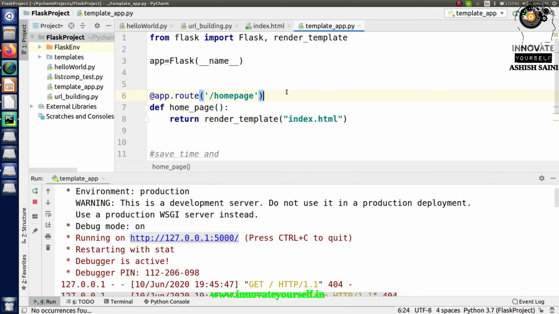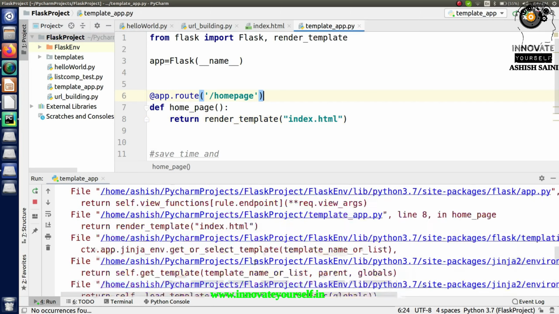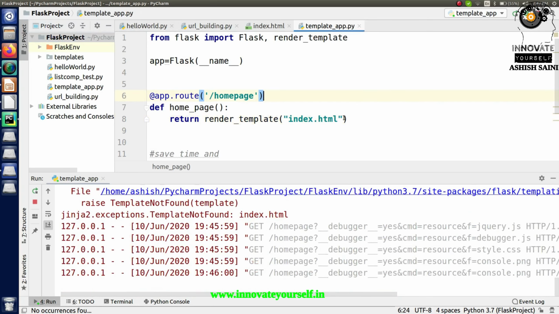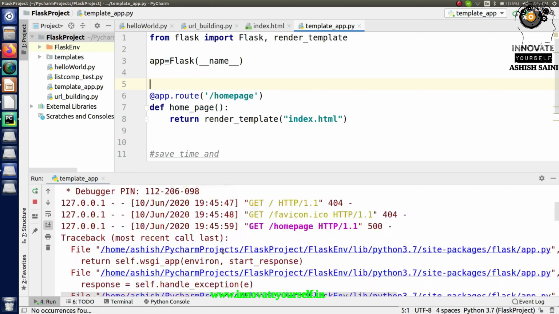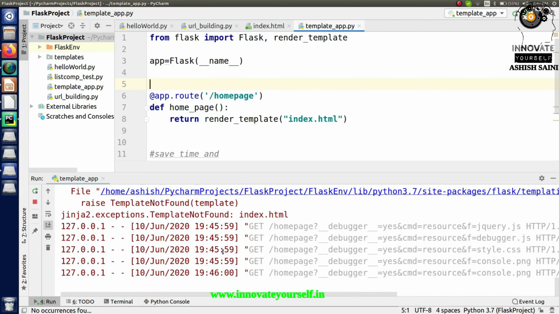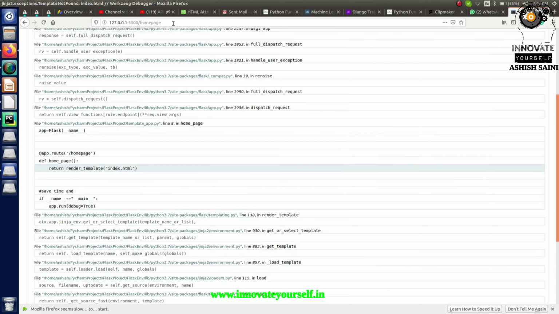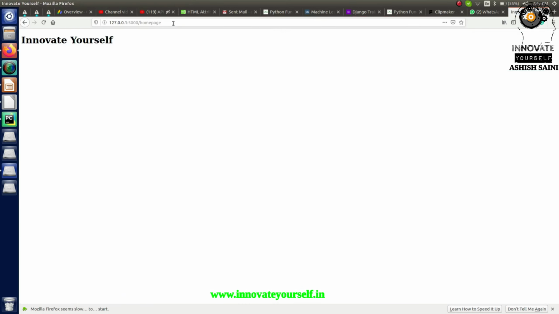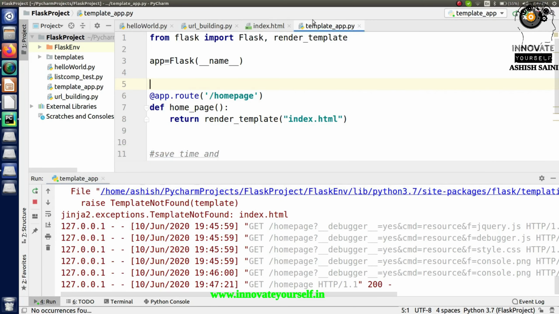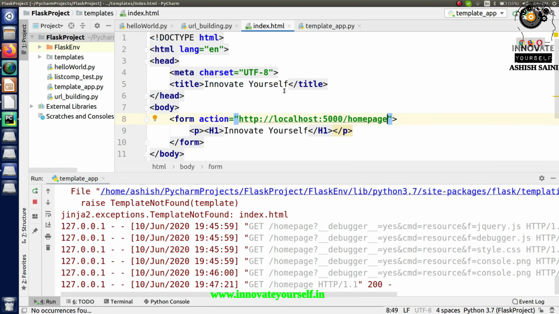Now just save this and run it again. Just save it, you can see. Okay, one more thing, just save this. Okay, so let's run it again. So you can see you got the output, and this time you have got this output as per this HTML file which you have created, right? So this is how exactly I can do it.